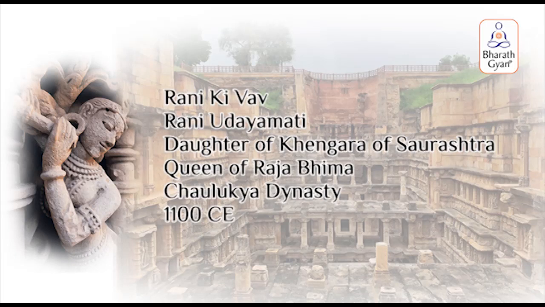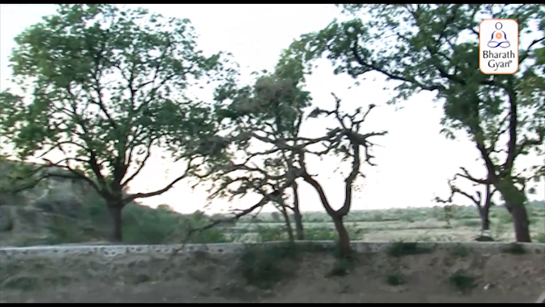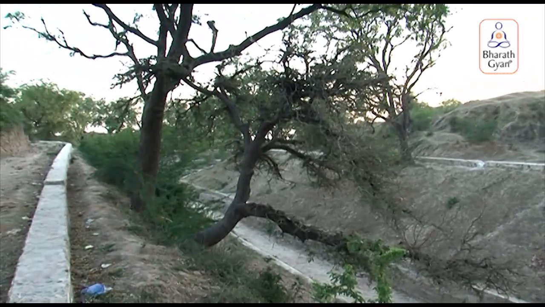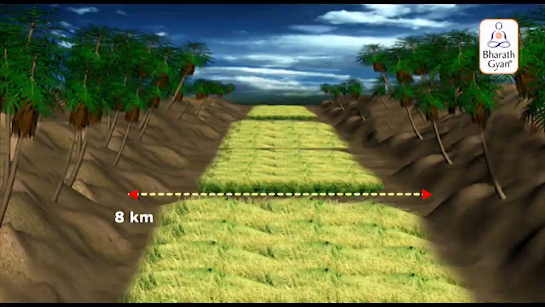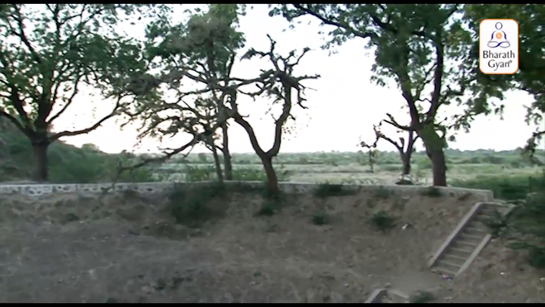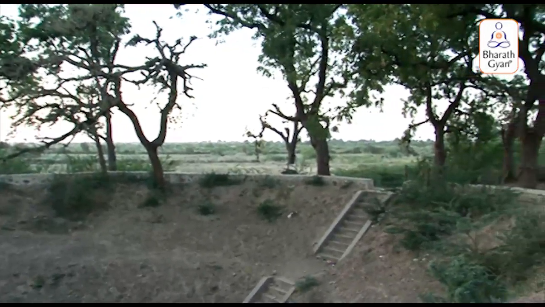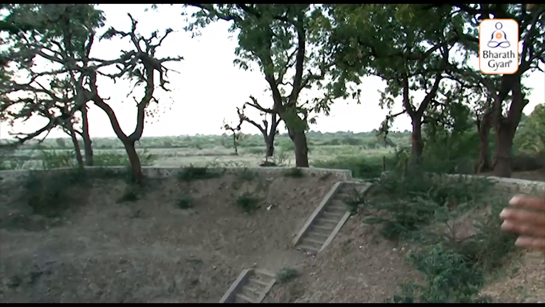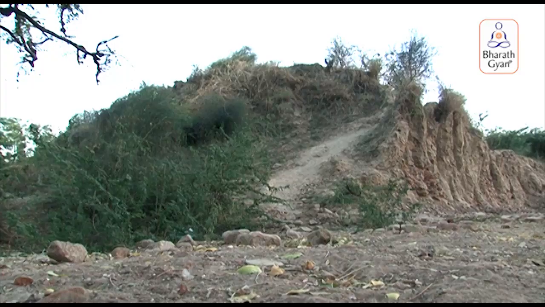So this Saraswati river was feeding the Sahasralinga Sarovar and Rani Ka Vav even as recently as 1000 years back. This is the flat river bed, and from it we come to the river bank. When we watch the river bank, we see that it goes to a height of about 25 to 30 feet, which shows that the river flowing full was that high. The river was that wide here. This river bed is flat for a couple of kilometers, which clearly indicates that the river was that many kilometers wide. It was not a small monsoon stream, but a wide river that flowed copiously.